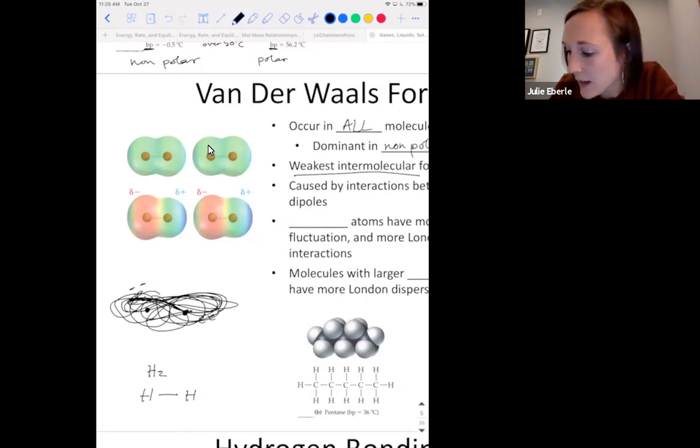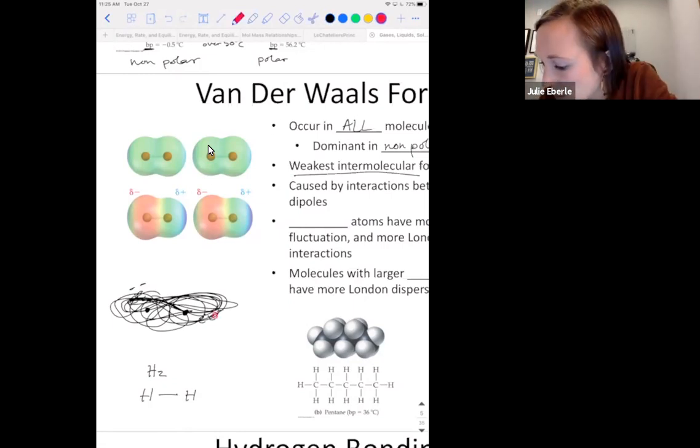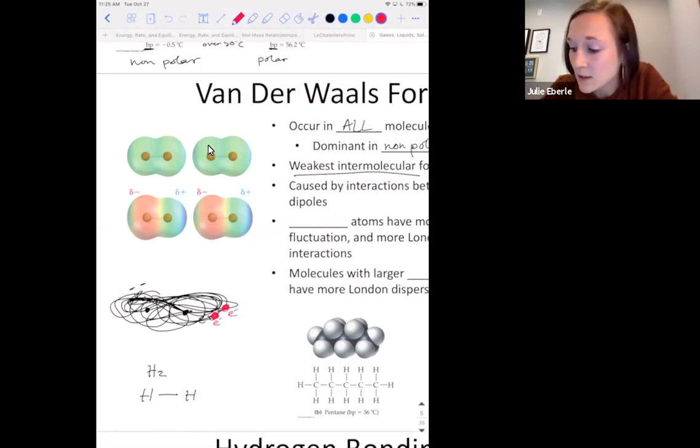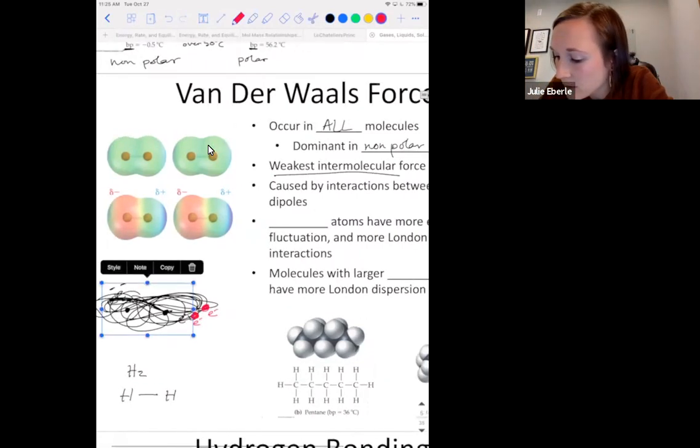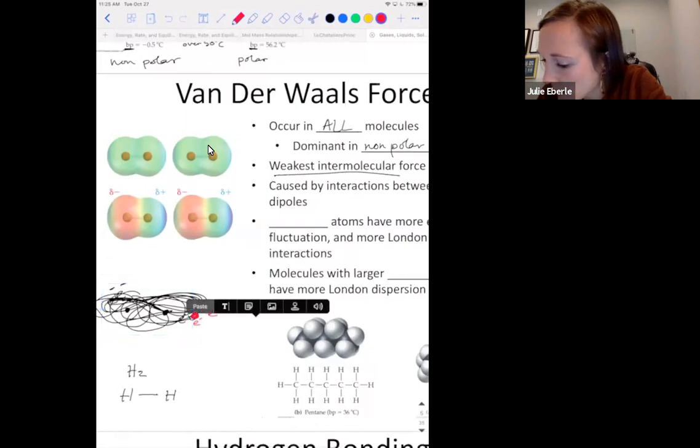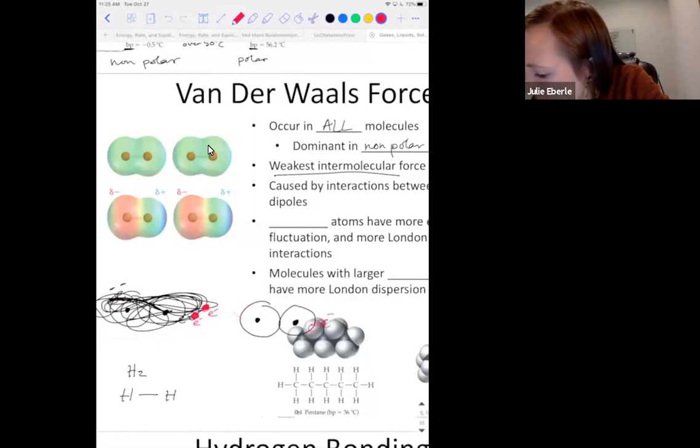And because of that, let's say our electrons, I'm going to do them as red spheres, are both over here in the molecule. Let's say our two electrons are over here, and they happen to be next to a neighboring molecule that also has a momentary dipole, and the electrons happen to be on the other side as well. Now there's a momentary dipole where for just a moment, this is the semi-negative side, and on the neighboring molecule, this is the semi-positive for just a moment.